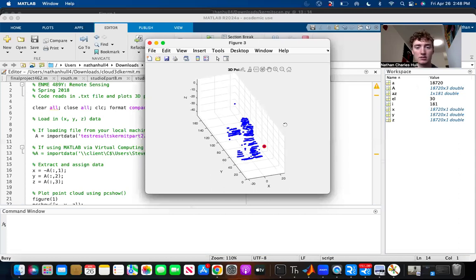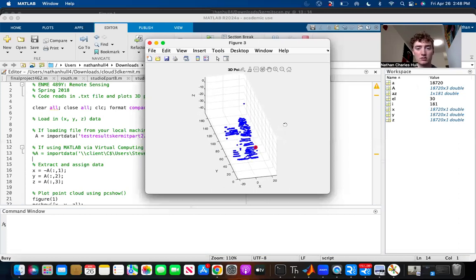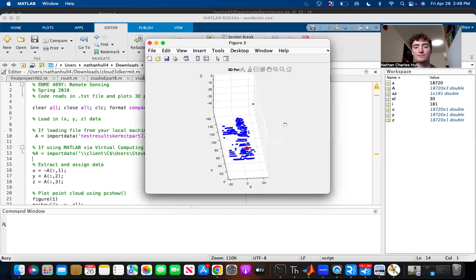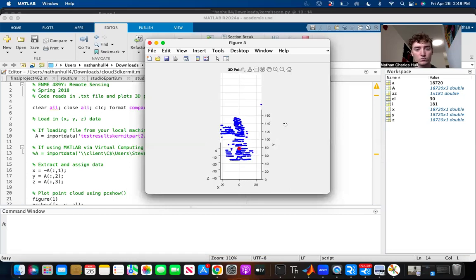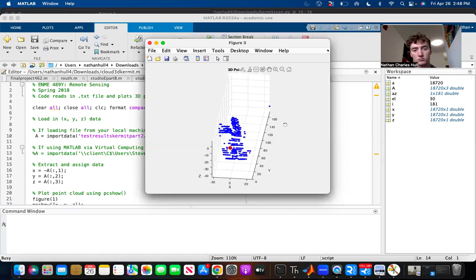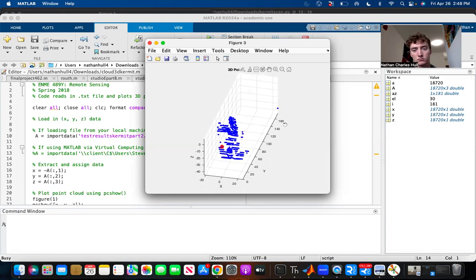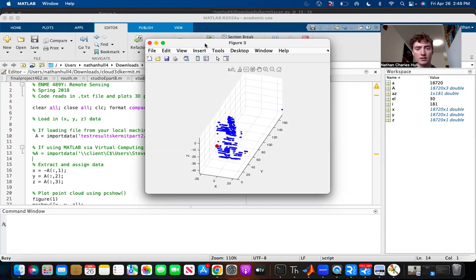And I'm going to let it finish rotating the figure. And interestingly enough, there is a single dot out here. I guess a little bit of noise in the scan,